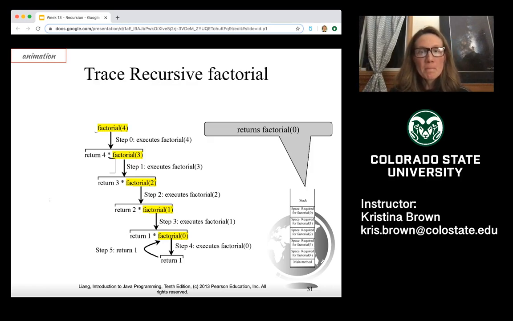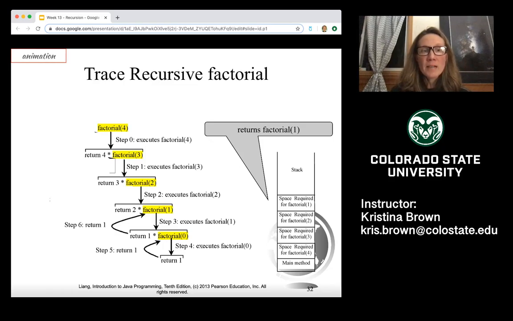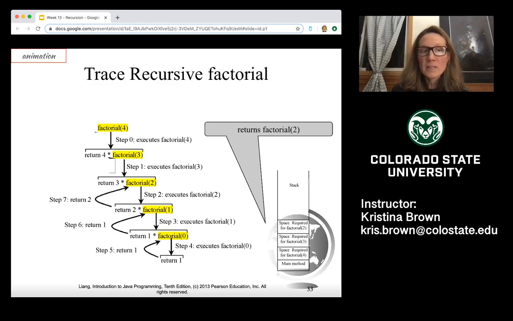Okay. So we're going to pop that off the stack, and then we're going to return 1 to the previous equation, which is return 2 times factorial of 1. And we know that factorial of 1 is going to be 1 because of the previous equation. So now 2 times 1 is 2. So we're going to pop that one off the stack. We're going to return 2 back to the previous